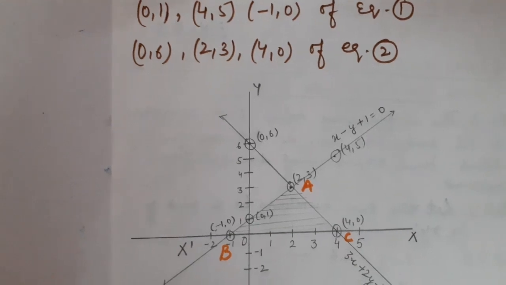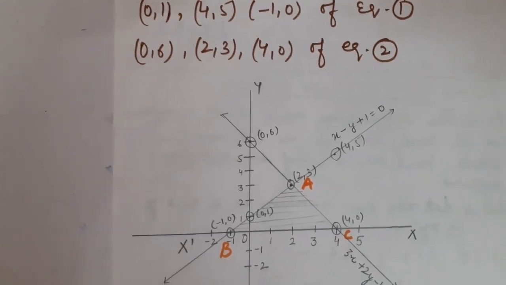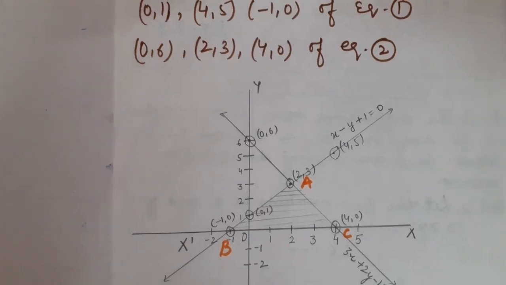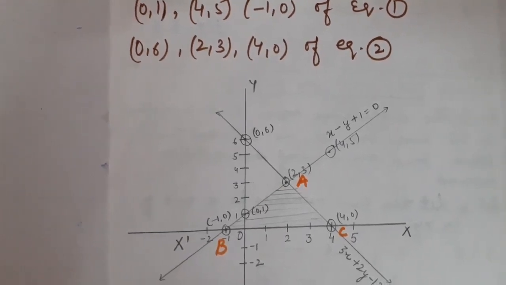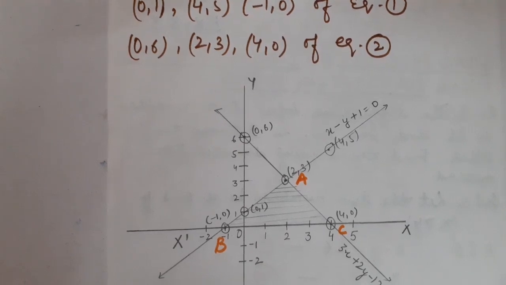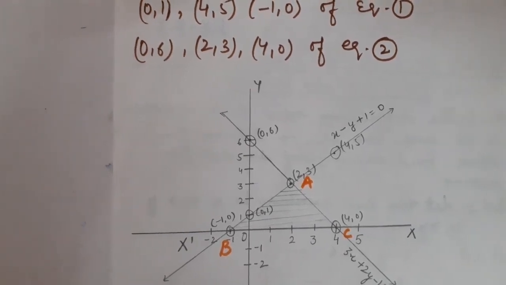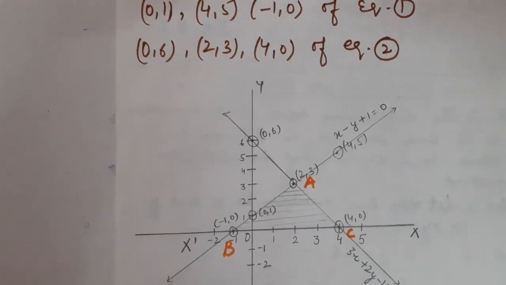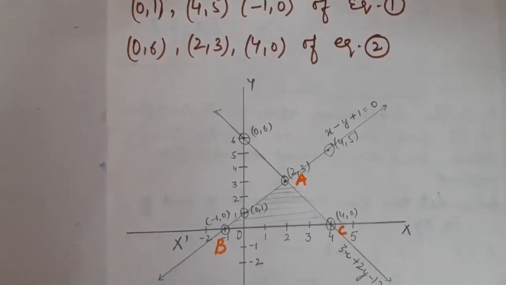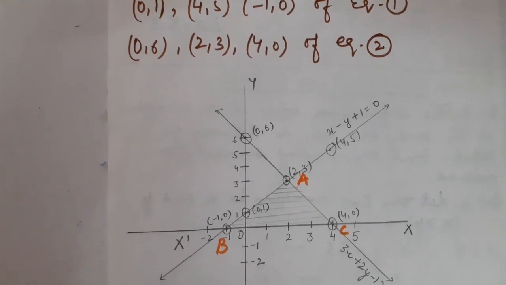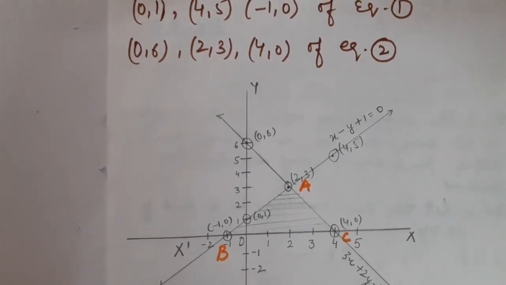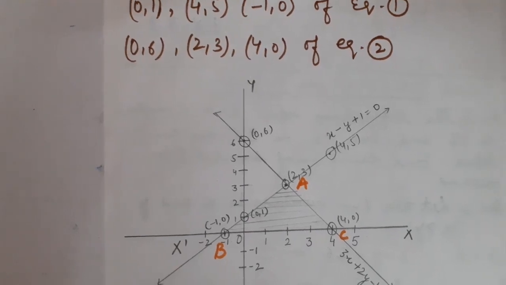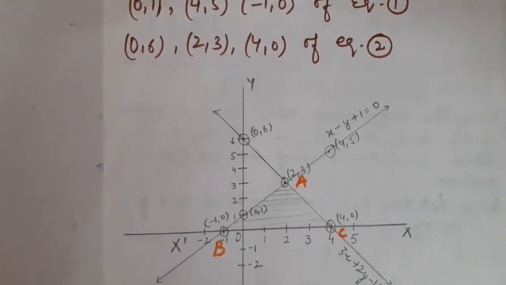Now switch to (minus 1, 0). As the abscissa is negative, it must come on the left hand side, or I can say it must come on the horizontal line, that is OX dash. So (minus 1, 0). Now the complete line is drawn. Switch to the rest of the three coordinates. (0, 6): again the abscissa is 0, so definitely the point (0, 6) will be on the y-axis, as you can see here, children.